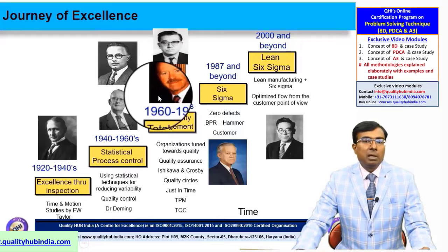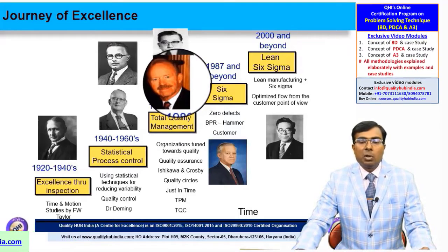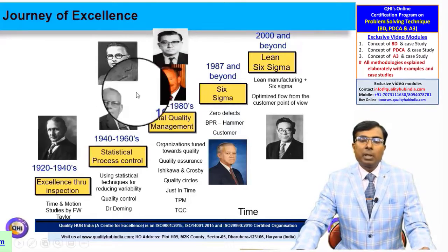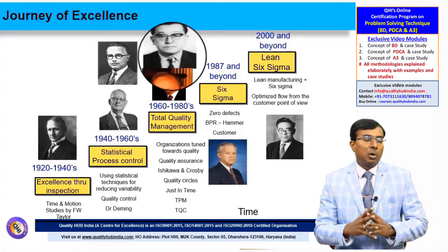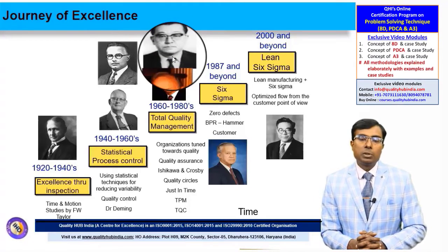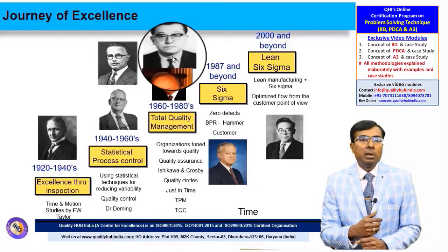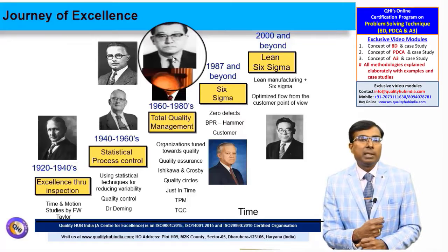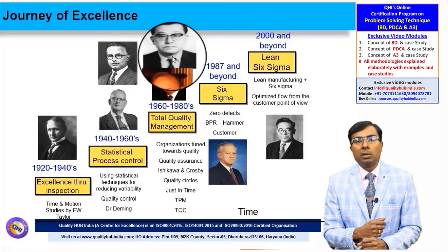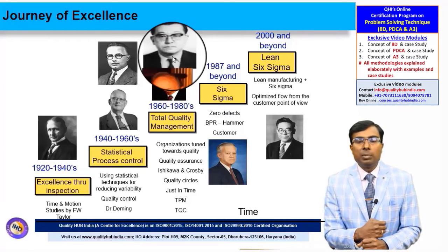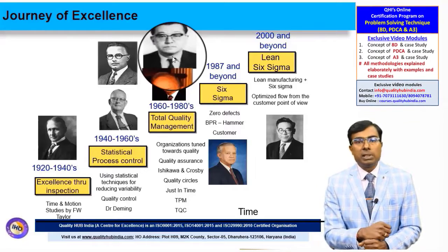Moving on to the next phase, that is 1960 to the 1980s. Philip Crosby, who was a prominent figure again in the field of quality, gave the concept of cost of quality, and Kaoru Ishikawa gave the concept of the fishbone diagram or cause and effect diagram, which is very popularly used for resolving issues in Six Sigma projects. Not only in Six Sigma projects, but also in routine problem solving, whether it is working on rejection reduction within the organization, defect reduction, or handling customer complaints. Through any methodology, the cause and effect diagram is a very common tool which is used.